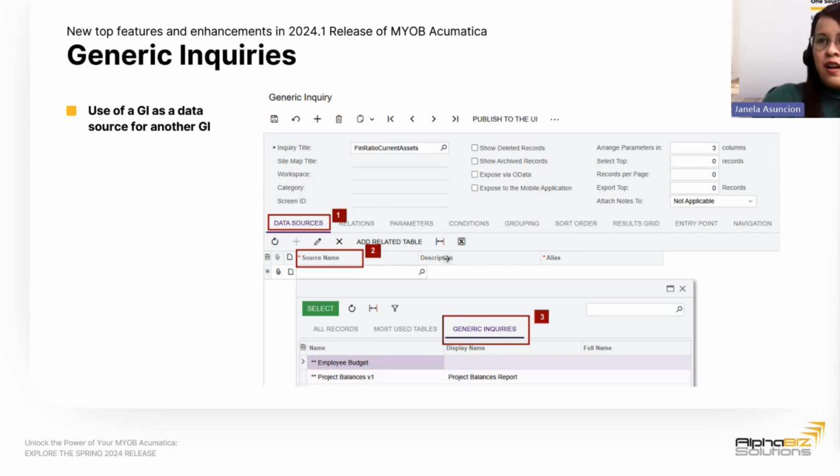So right now for this next feature, you can now use GIs as a source for creation of another GI. As you can see on this screenshot, here, data sources, and source name, and then you have this generic inquiries. Previously, you could only use tables as a source for your GIs, and right now you'd be able to use GIs as well.